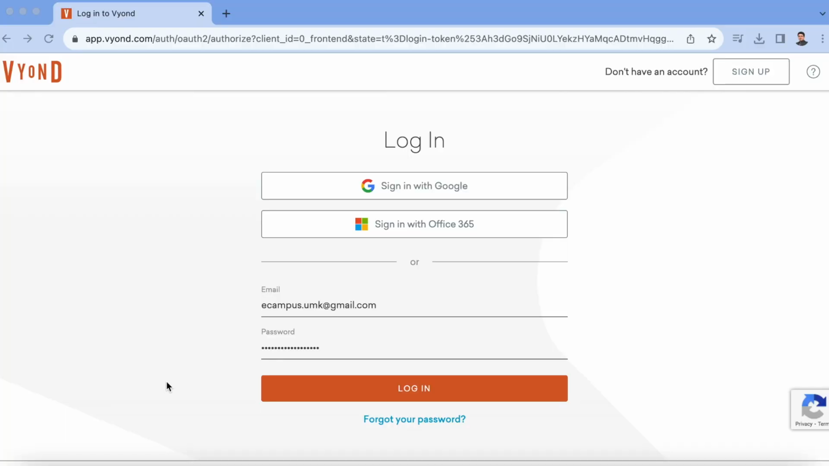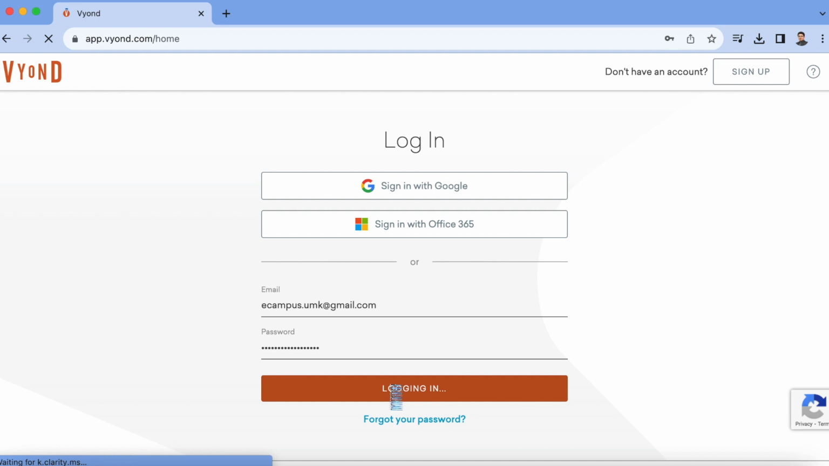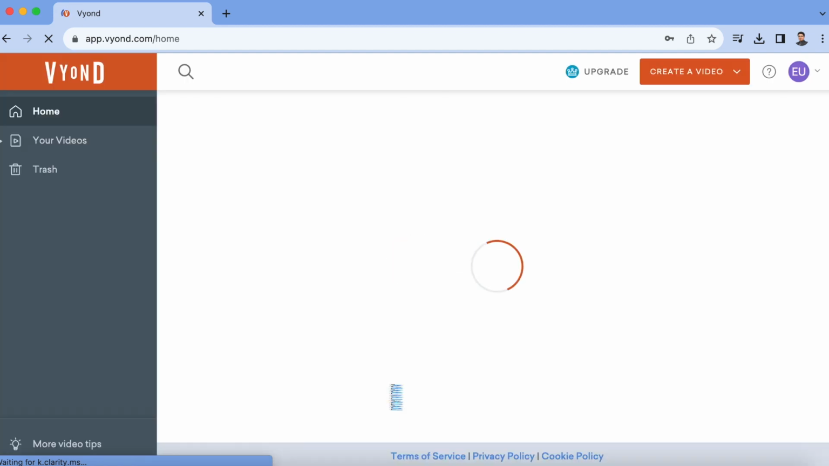So here's how to create a video using Vyond. First, you have to go to vyond.com and log in using the credentials provided by UMK, because this is a web-based application that is subscribed by UMK. So using the credentials, email and username, log in to the application. So once you have logged in to the website,